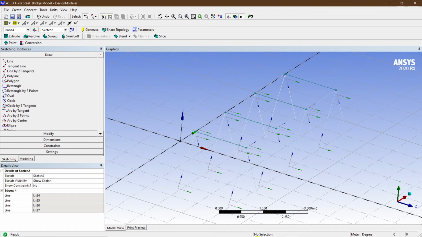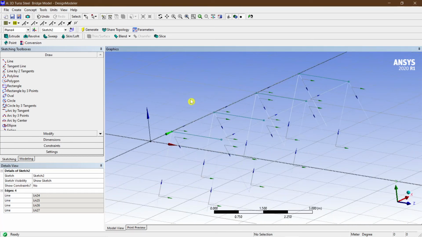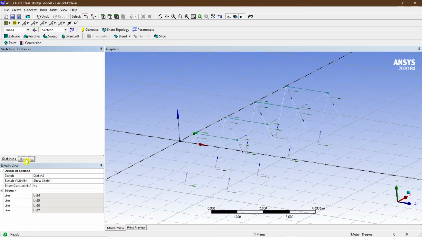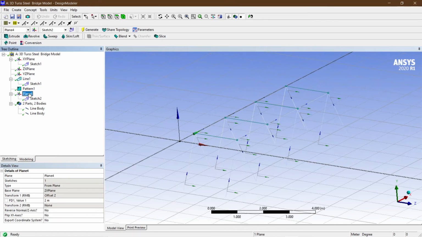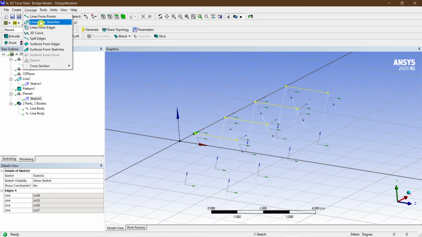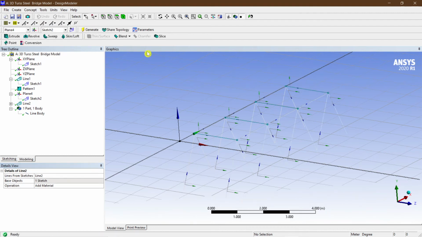Okay, again, this should not be generated now. I just generated it. It's okay. So what I'm going to do is go to my sketching plane here, the modeling plane, and there from pattern 4 sketch 2, I'm going to say create, sorry, concept lines from sketches, and then I'm going to apply, and then I'm going to say generate.